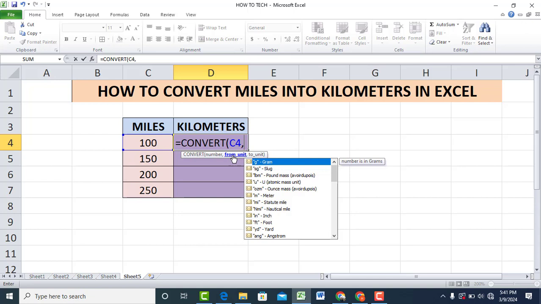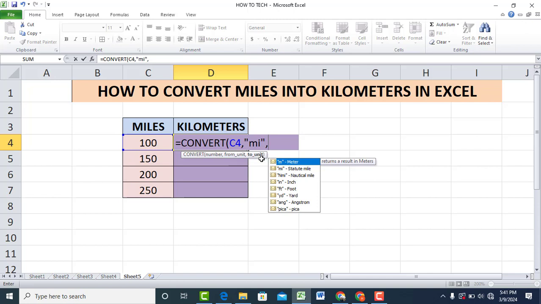From unit means I want to convert miles, so I will write in inverted commas "mi", and again close the inverted commas, and then comma, and to unit means the unit in which I want to convert, that is kilometer. So again I will write in, you can see here are abbreviations which you can use: foot, inches, yard. So I am converting into kilometers, so I will write "km" in inverted commas and close the parentheses